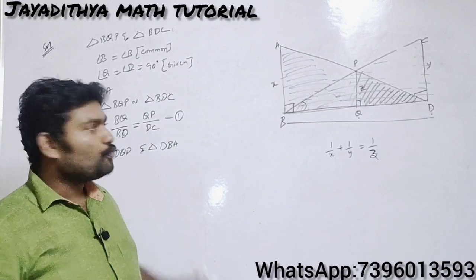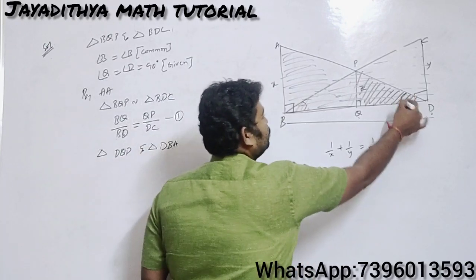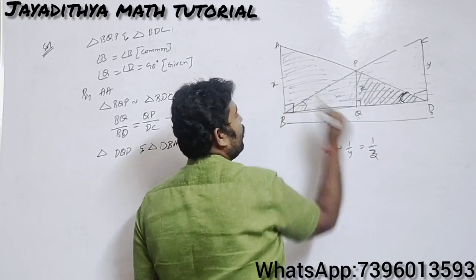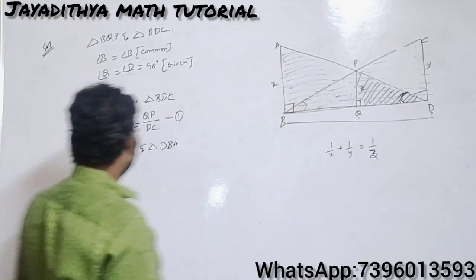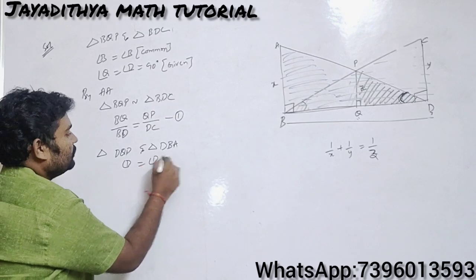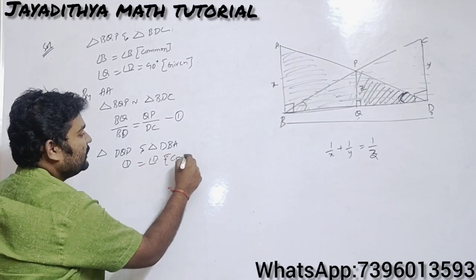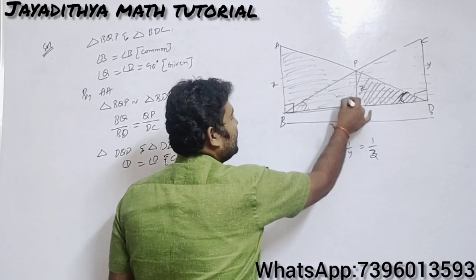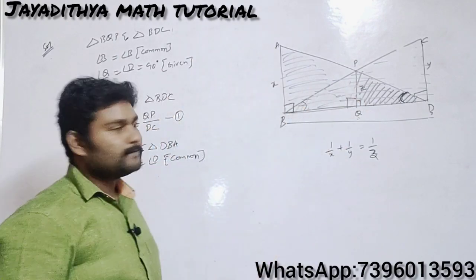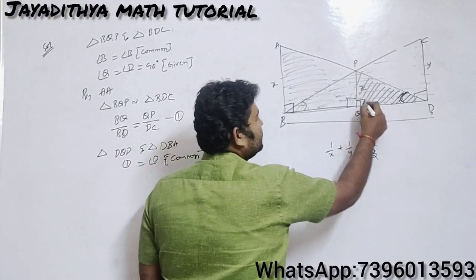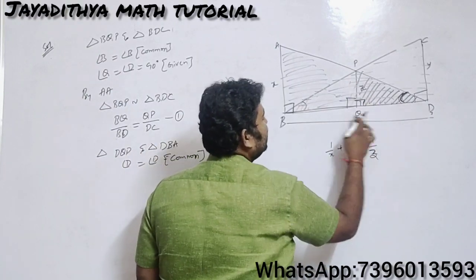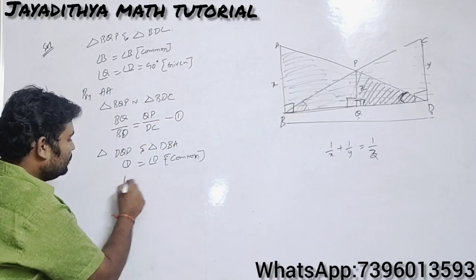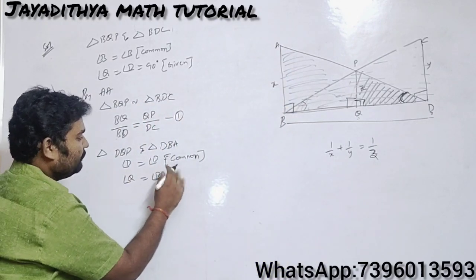So in these triangles, what can you take common? In both the triangles you have angle D. In DQP I have angle D, and in DBA also I have angle D. So angle D will be equal in both the triangles, that is the common angle. And you know that here the angle is 90 degrees and here also the angle is 90 degrees. So angle Q in DQP is equals to angle B in DBA, which is equals to how much?